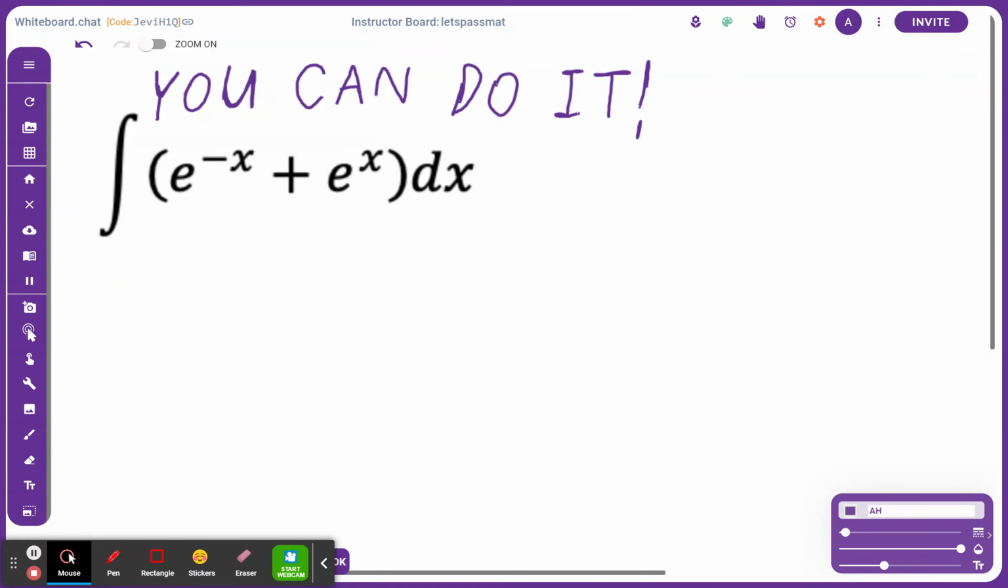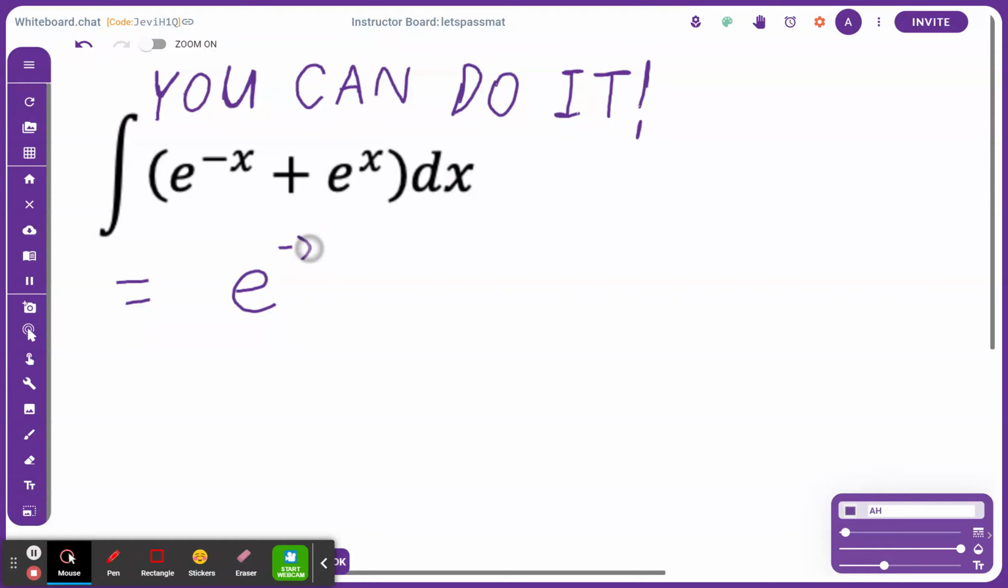Hi everyone, let's take a look at the following example. Find the antiderivative of e to the power of negative x plus e to the power of x with respect to x. Step number one, when you think about the antiderivative of e to the power of negative x,